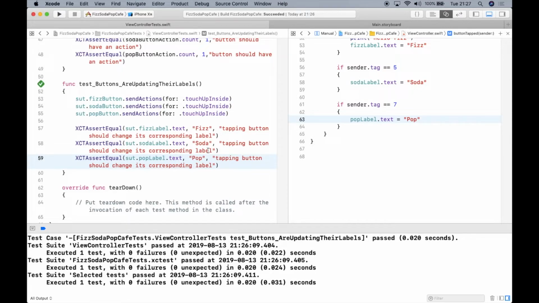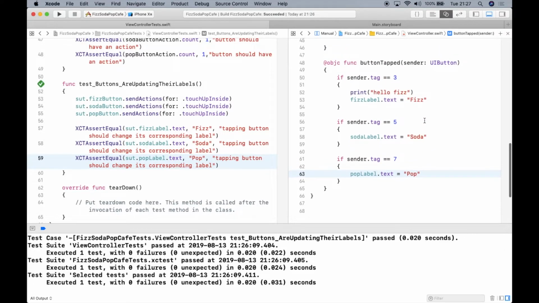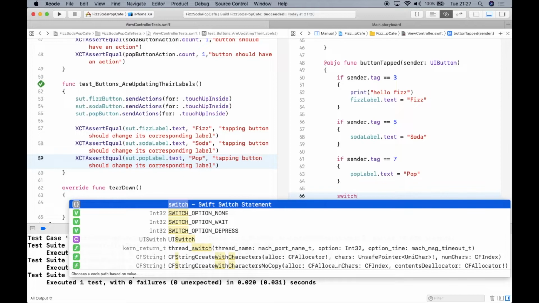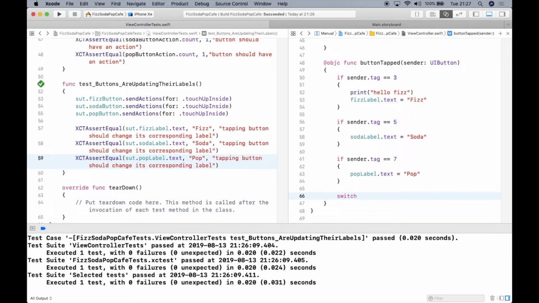Now, what I'm going to introduce is refactoring. And I believe I did this for the last video where I had a lot of stuff going on and it was just repeating stuff. So this is really not very clean. So what I'm going to do is a switch statement on the sender. And now that I know that I have passing tests, I can go ahead and refactor and then test again. So I'm going to do switch sender,